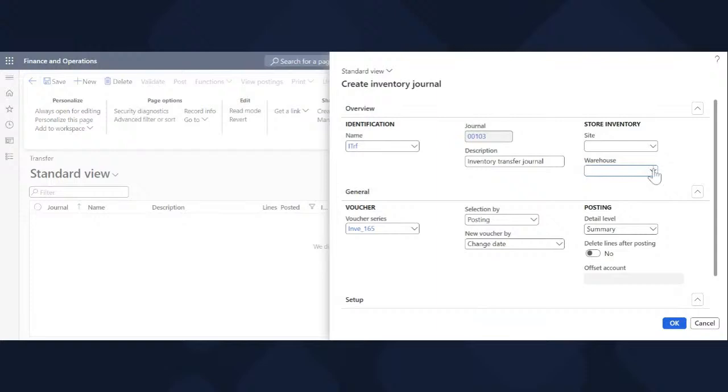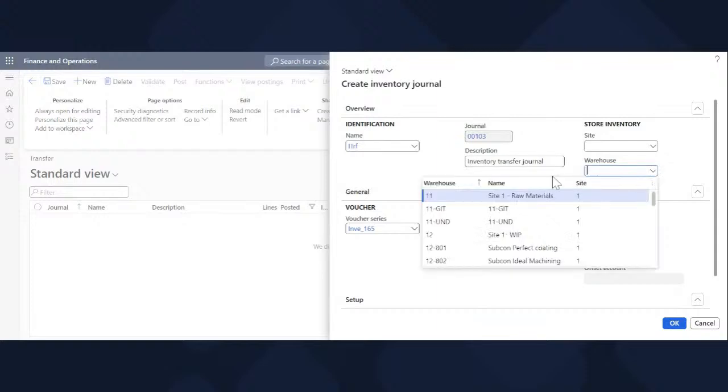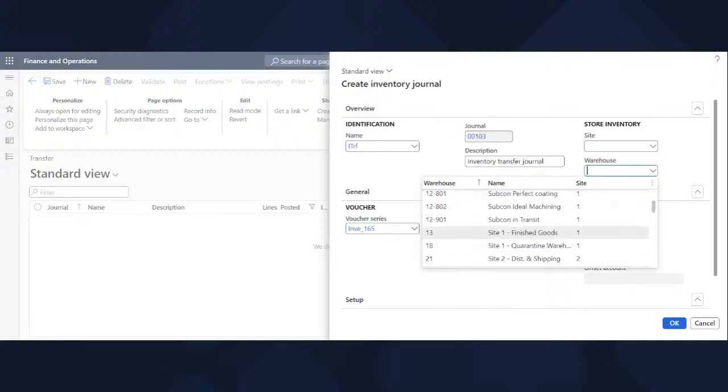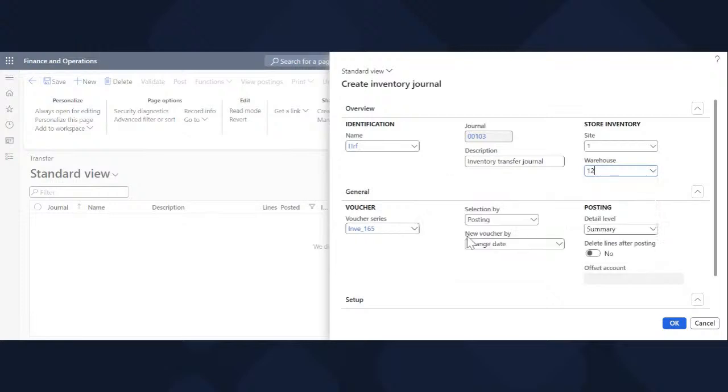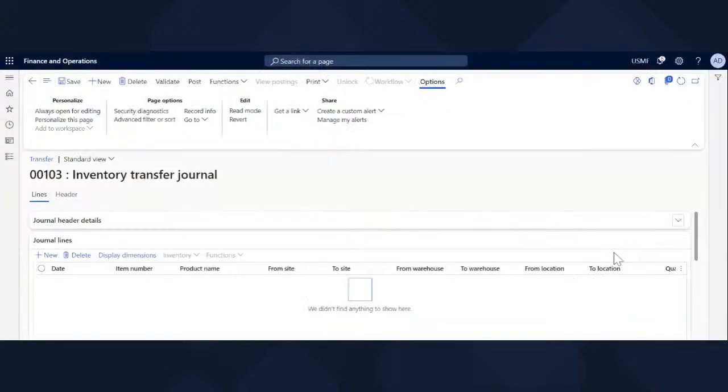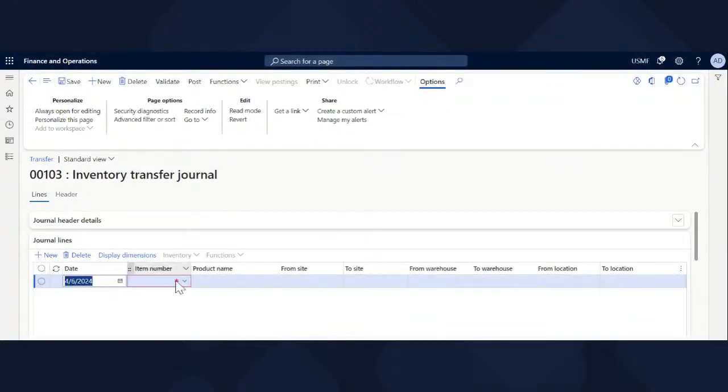Specify the warehouse, but this is the warehouse that wants to pick up this item. Let's see, we are using warehouse 12 here. Okay, and say okay. Warehouse 12, so we say new line. We want to transfer this item from